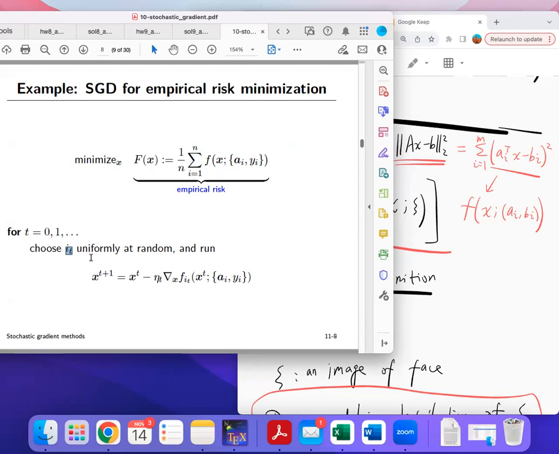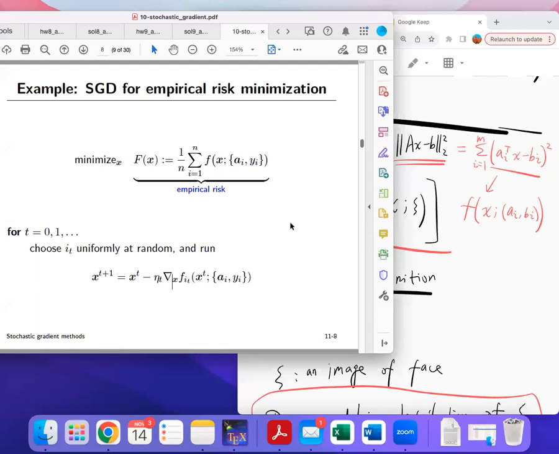Once that index is picked, then I simply compute the gradient with regard to the corresponding loss function. So this is a gradient of the loss associated with that i_t sample. In this way, first of all, there are two advantages. One, every time you just need to load one data sample, so the computation now is feasible. We can do it. And second of all, because you are choosing this index i_t uniformly at random,